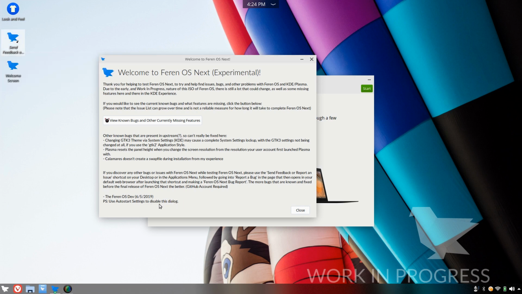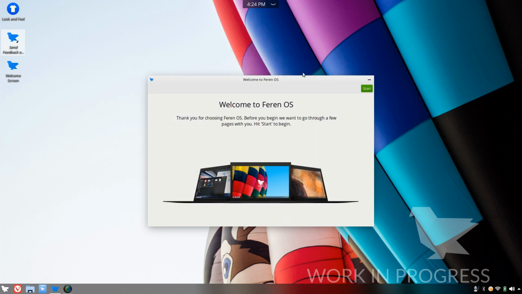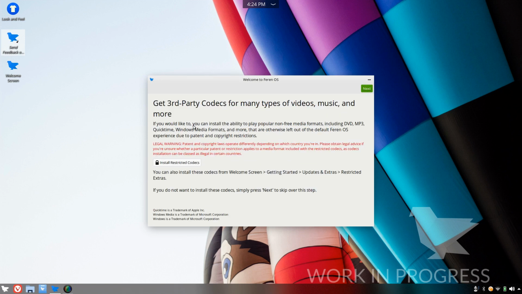So this is from the Feren OS developer. So now we got the welcome screen on first boot. So we'll click start. So it's asking here if you'd like to get third-party codecs from many types of videos,